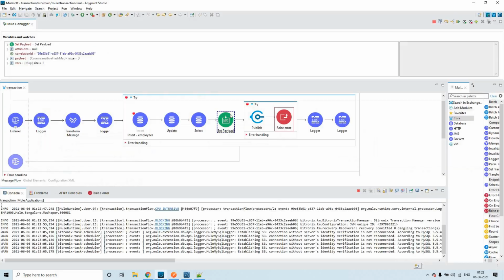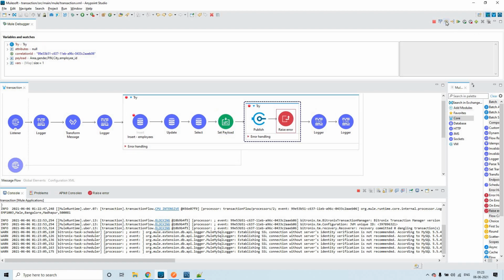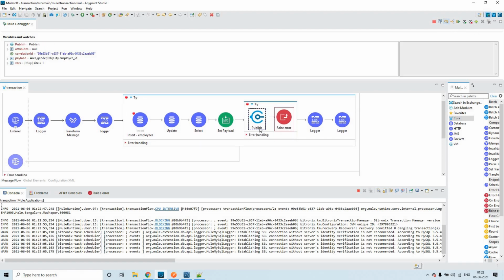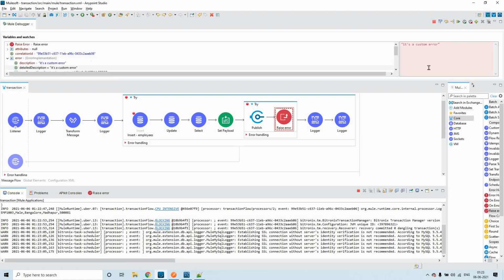Now we are retrieving that information, and if you click next, we are trying to publish the converted CSV, and you see here it is raise error, so it will throw an error. It is a custom error. That is the description of that error.